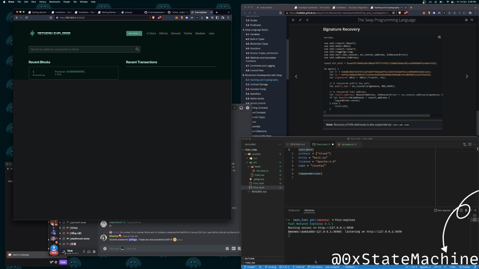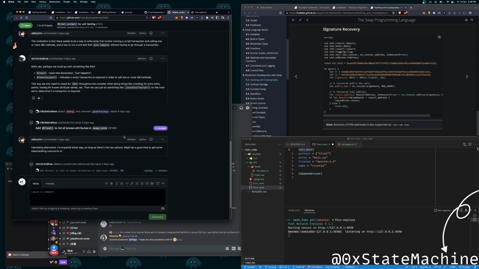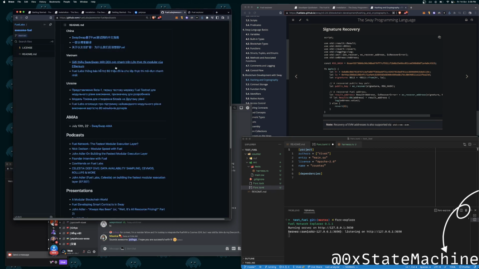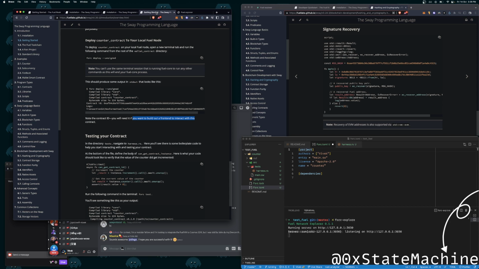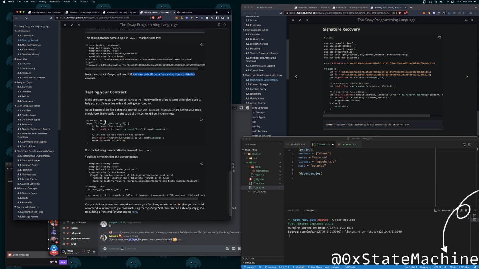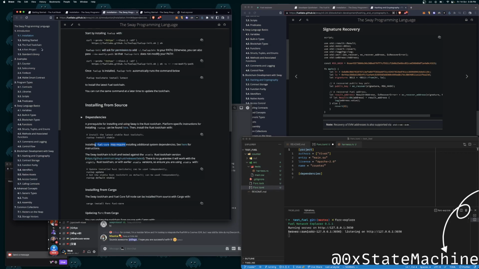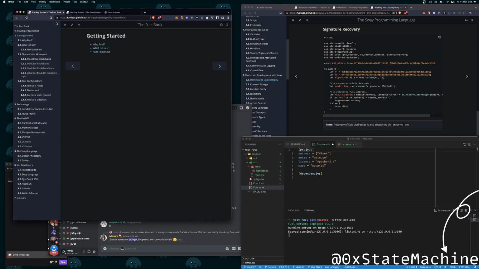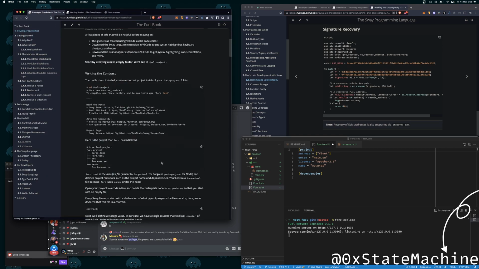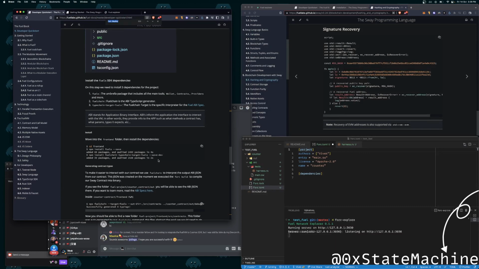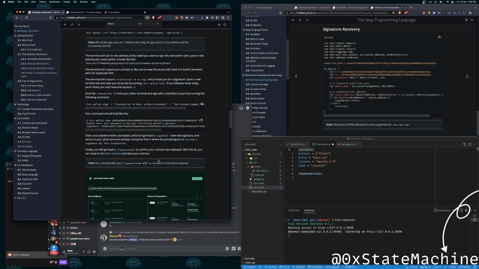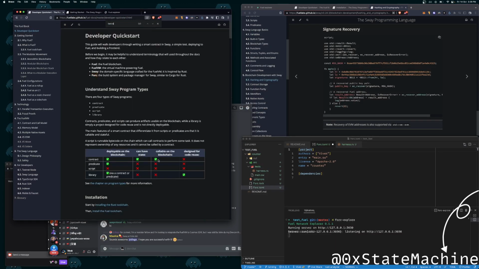Let's see if I can deploy this to the node and see what's happening. Let's do it quickly. Let's close this, I don't need this. Here, I want to deploy it. How can I deploy it? There was one documentation. Developer quick start, and we go to 4C deploy. Oh, right. 4C deploy.